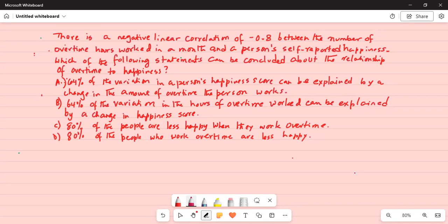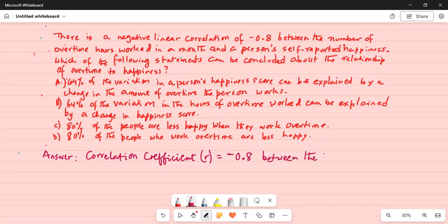Here, correlation coefficient, which is indicated by R, is equal to minus 0.8 between the number of overtime hours worked in a month, which is your X or independent variable,